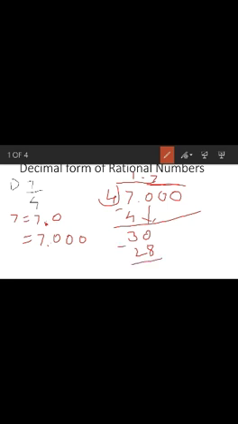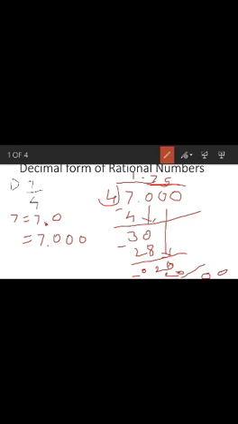What will we get? We'll get 2 again. Again this 0 will come down. 4 5s are 20. What will we get? We'll get 0 as the remainder. So which quotient will we get? We'll get 1.75 and the complete division is done.